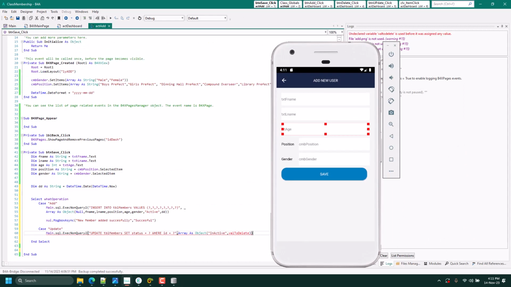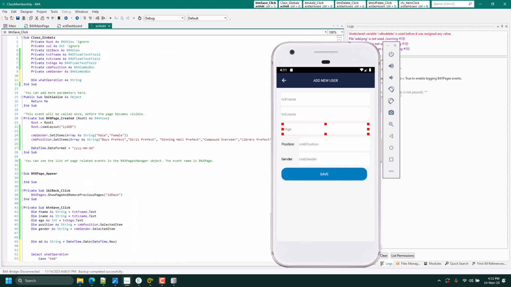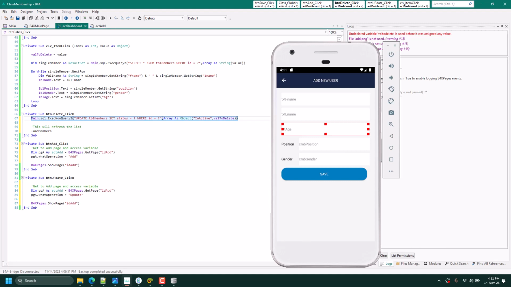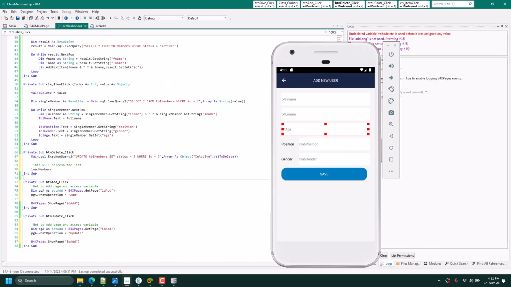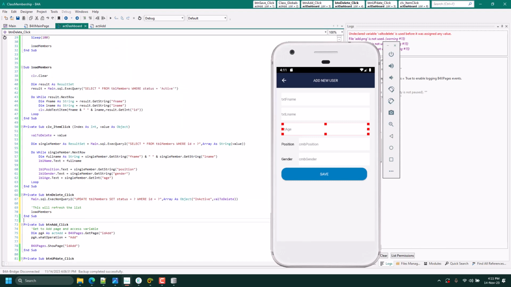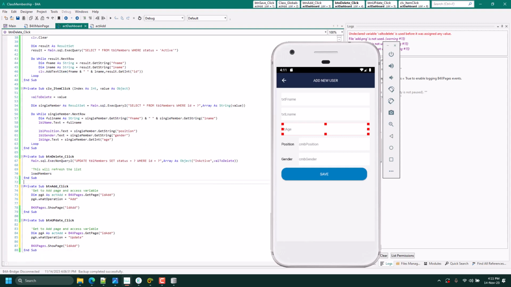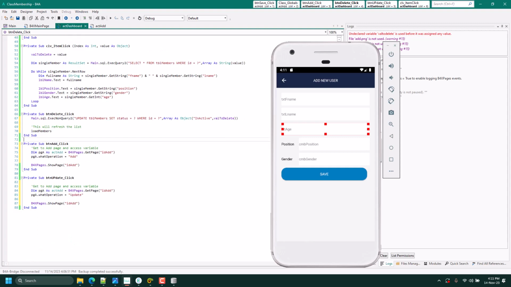With the case update, we also need the value to update, which is from the custom region. That means the user has to select a person before clicking update. Great. So to do that, we can just check